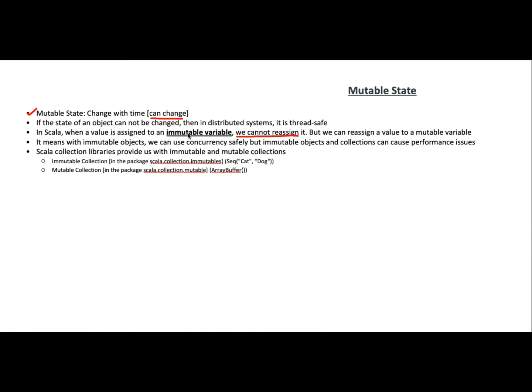So let's say a is equal to 10, and 1000 threads are accessing this value. If it is immutable, you are not supposed to change it, so for all those threads and customers, a would always be 10. But let's say one thread changes it to 12. It would also reflect in the other threads. So it would be great if the value can be intact. So Scala provides this functionality with immutable and mutable collections.